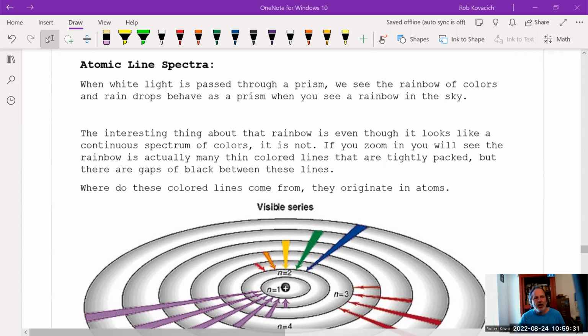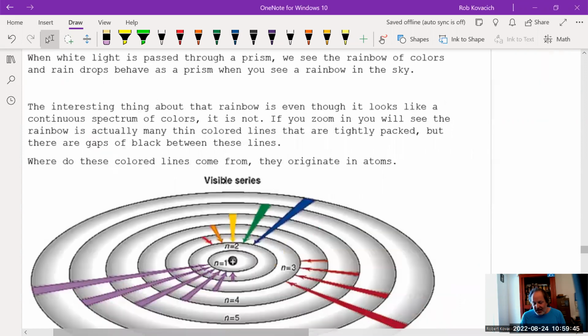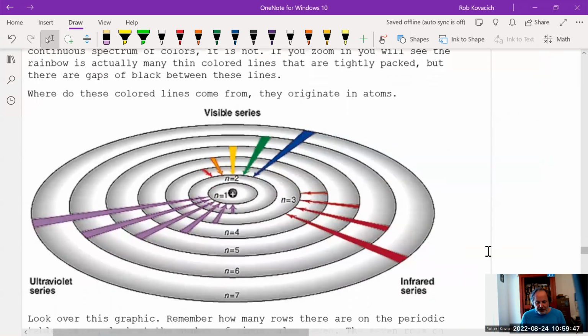And that glass container, sort of like an old fluorescent light bulb, looks like that, and you run electricity through it. What you'll get is the electricity goes through and is hitting the electrons on the hydrogen atoms, and different things happen. So if these are the different energy levels, energy level 1, 2, 3, 4, 5, 6, and 7, and we know there are 7 energy levels because there are 7 rows on the periodic table. So the electron for hydrogen is 1s1. That's its electron configuration. It's only got 1 electron, and so it's in energy level 1. So it's here. So I got this 1 electron, and if it gets energy from the electricity that's being passed through the light,